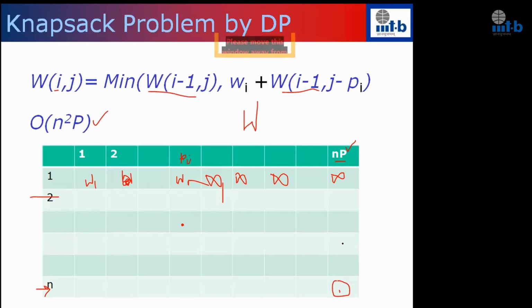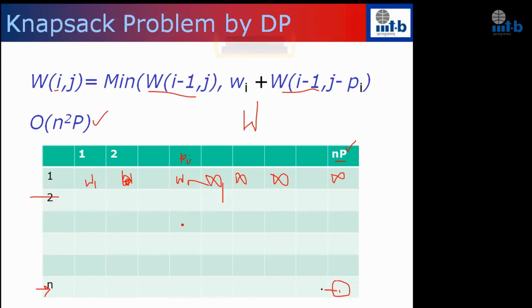So you see that after a certain stage, everything is going to be infinity or large numbers. If you want to make more profit, then the size of the knapsack that is required is going to be increasing, right? I repeat, if you want to make more profit, you need a bigger size knapsack. So if you look at any row, the sizes are all going to be increasing. So what I do is I go to the last row